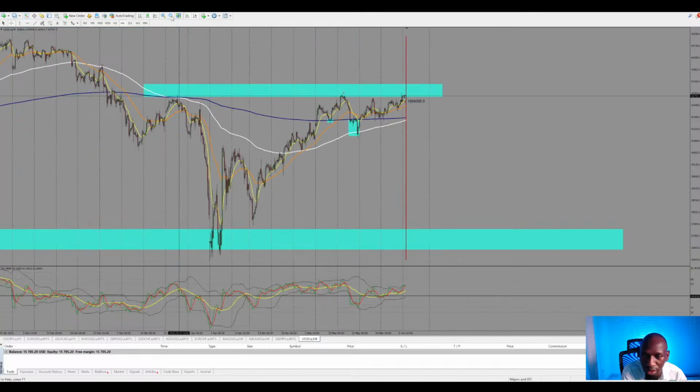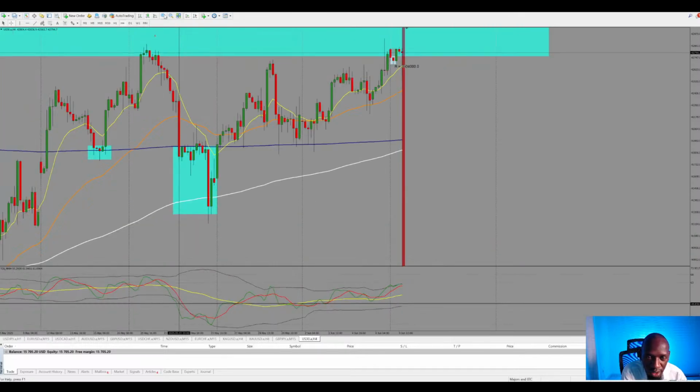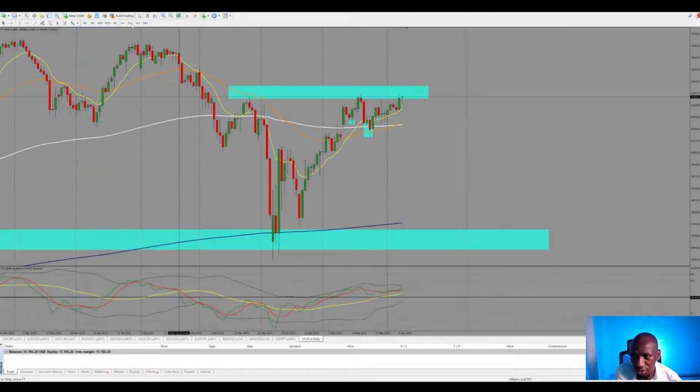Again, if we are to try and find a bias based on H4, then again, H4 is also showing a sell. So you have H4 showing a sell,